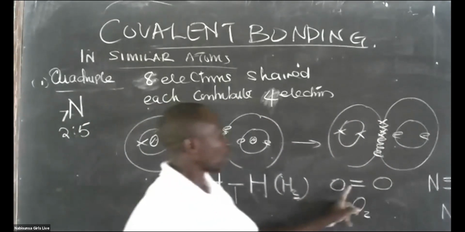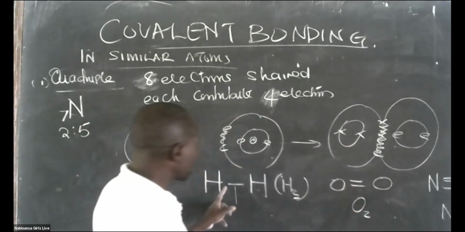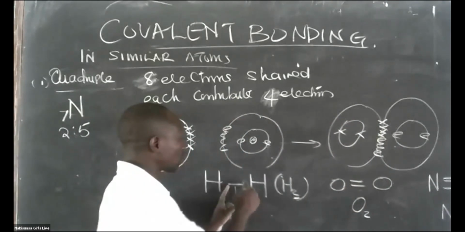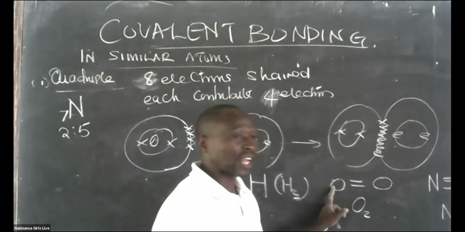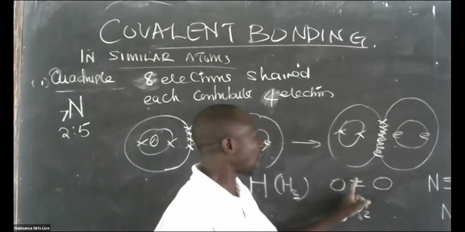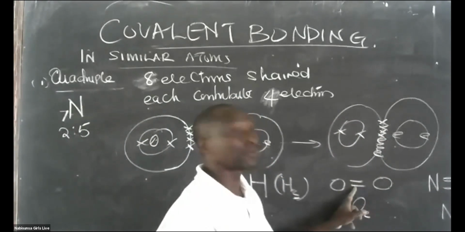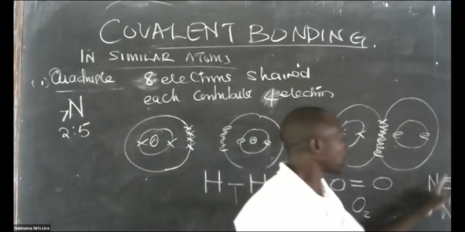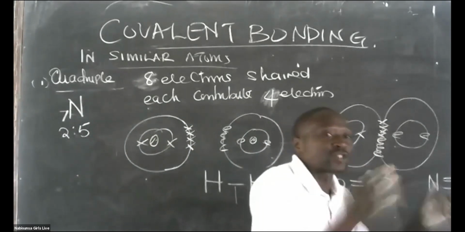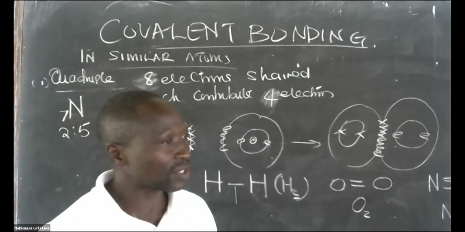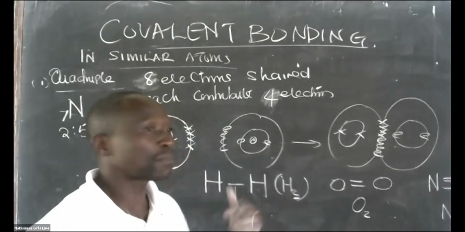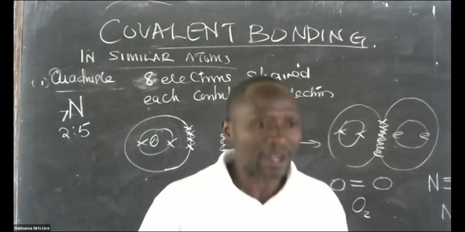This one means we have how many? So when you see 1 dash, it means 2 kebabs. Each one student contributes 1 kebab. Here it means each student has contributed 2 kebabs. That's why you have a total of 4. Double means 4 electrons. Triple means 6 electrons between the 2 atoms. So N does not represent the number of electrons being shared, but N represents the number of atoms that are